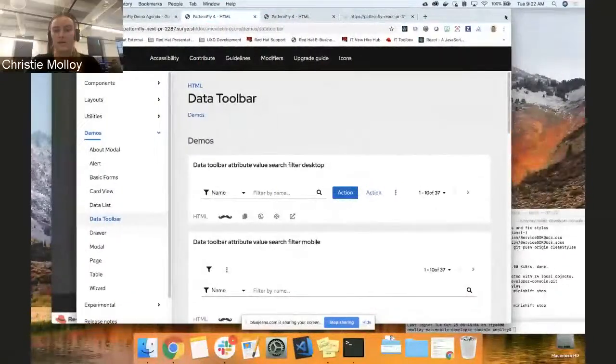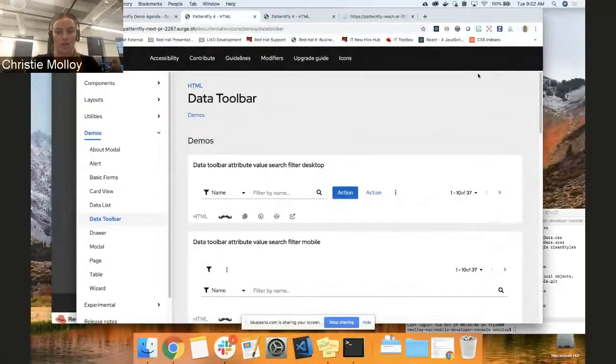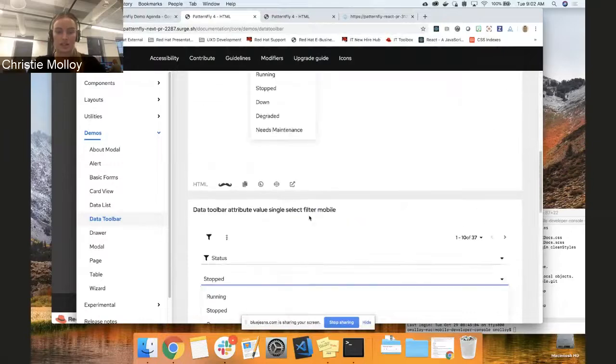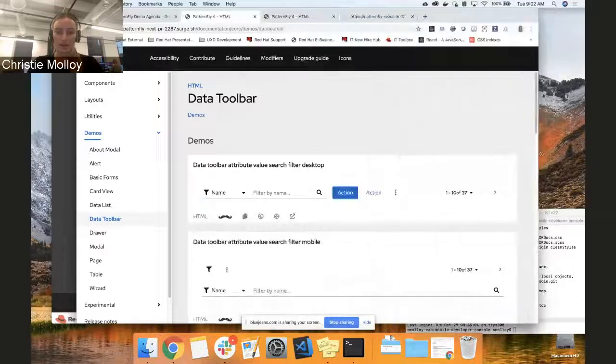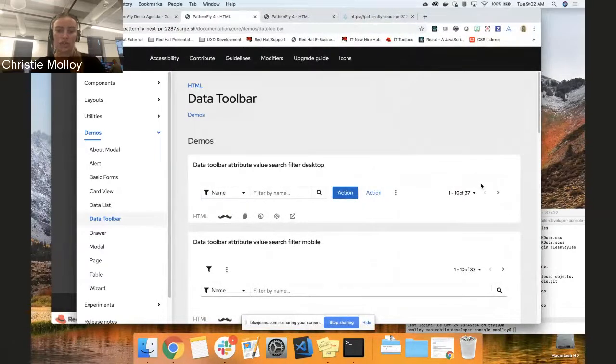Sure. So the first thing that I worked on this last sprint is the data toolbar attribute value filters. There are 3 variations here, but there's actually 6 examples, because we're splitting up our desktop examples from our mobile examples. This has to do with some changes made to the data toolbar component, because it's not going to respond like any other component in PatternFly. The elements are actually moved in the DOM, and so React is going to be handling that. So if you come to see these examples in the core repo, just understand that they're split up between desktop